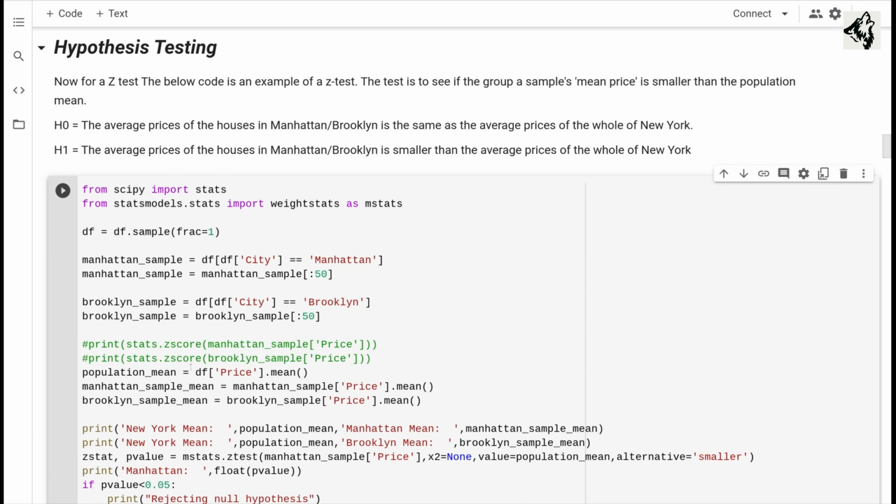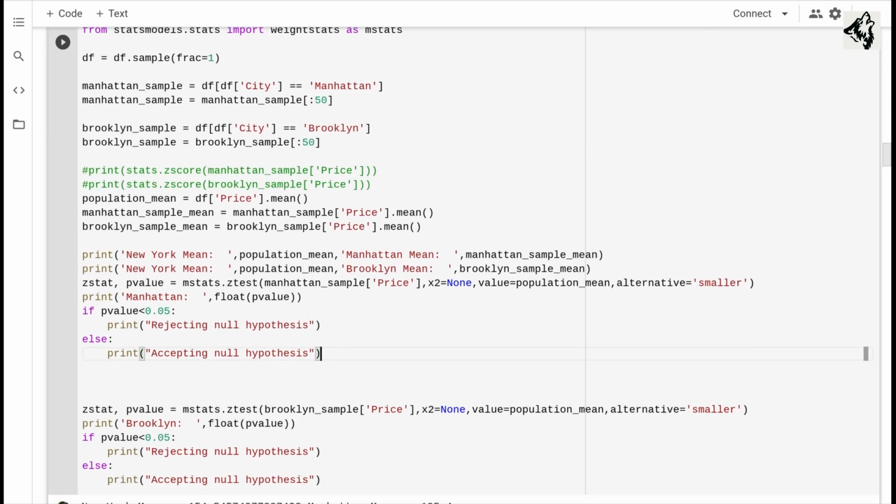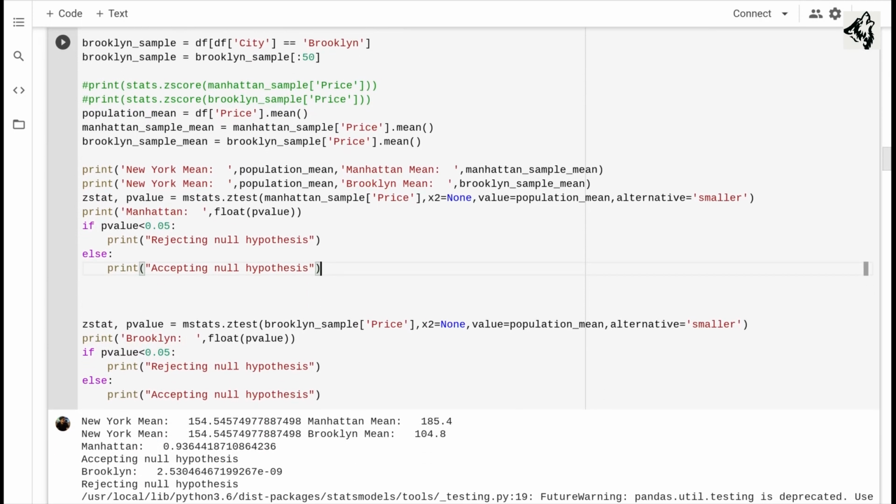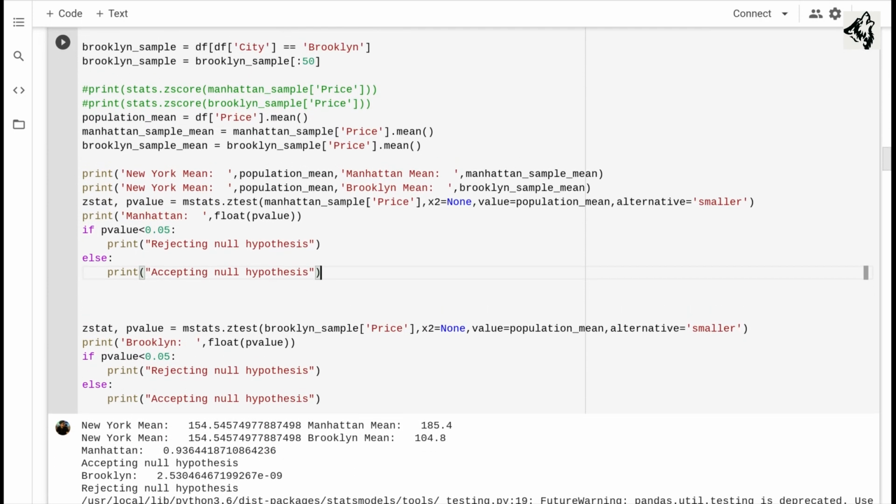As you can see, we have taken a sample of the data and have computed the mean, and we have run the hypothesis. When we put the city as Manhattan, which is a bit more expensive than the other cities of New York, we get a p-value of 0.93, which is greater than 0.05.